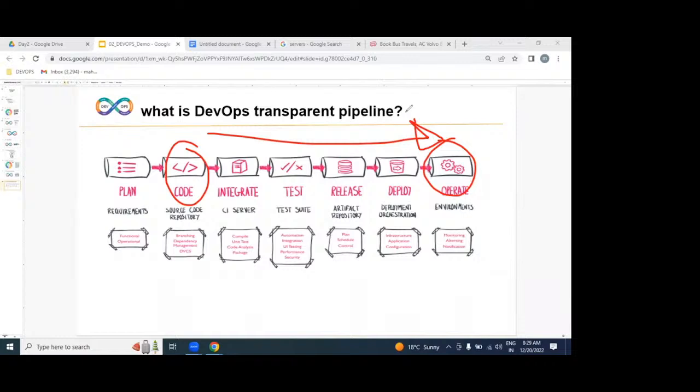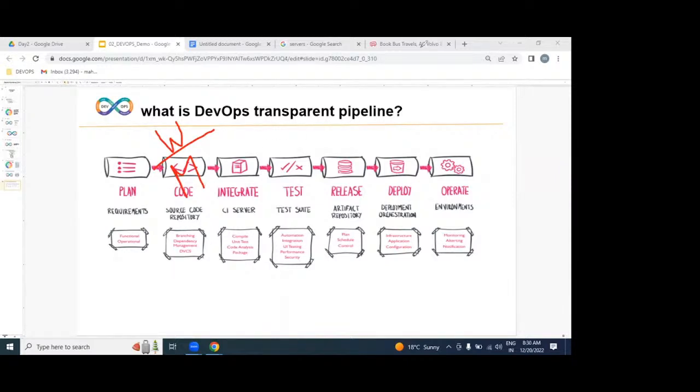But how exactly, guys? Are we going to be writing any code in the dev environment? No. Writing is the responsibility of whom? Developers. The developer has to write the code using any programming language. Once the code is written, who is responsible for maintaining it? The DevOps engineer. What I said very clearly: writing is the responsibility of the developer, but maintenance is the responsibility of the DevOps engineer.